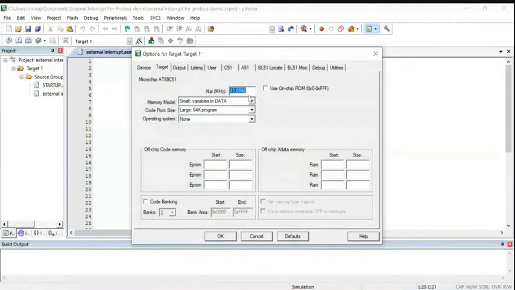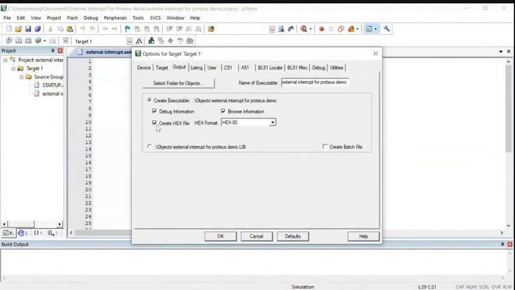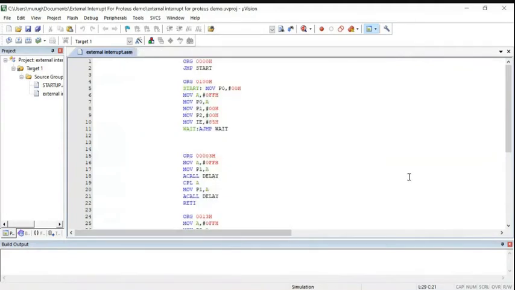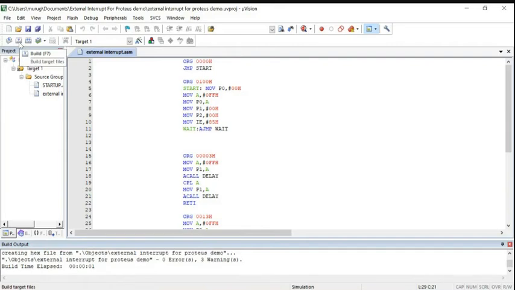Select your device, 11.0592 megahertz. Output, create hex file, and OK. I have added my source file to this project. Now translate. 0 errors, 0 warnings. If there is an error, the hex file will not be generated. So you have to correct your code and rebuild it. Now the hex file will be generated.